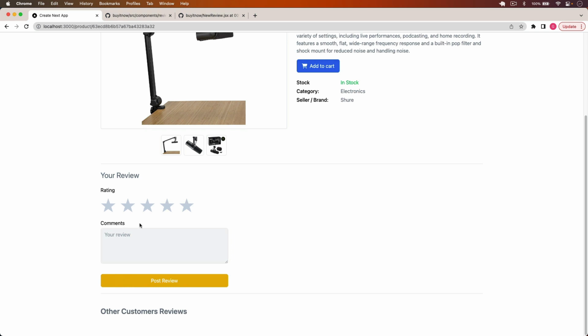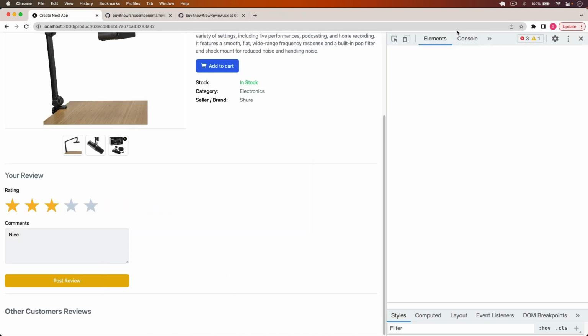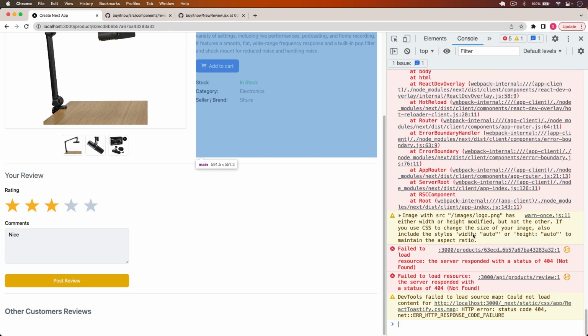You can simply design that. Here it is quite simple. Here we have your review. In the rating we have to select the stars and then write the comment. If I select like 3 stars, now it is 3. And for the review if I type here nice and click on post review, and go to the inspect just to test on the console,